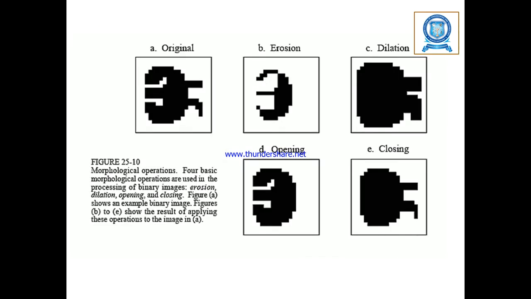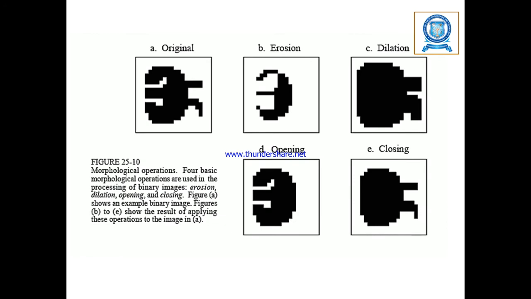For example, now we are taking 4 basic morphological operations: erosion, dilation, opening, as well as closing. In figure A, we can clearly see an example of a binary image, and from figure B to E we are applying these operations, that is erosion, dilation, and the opening technique.